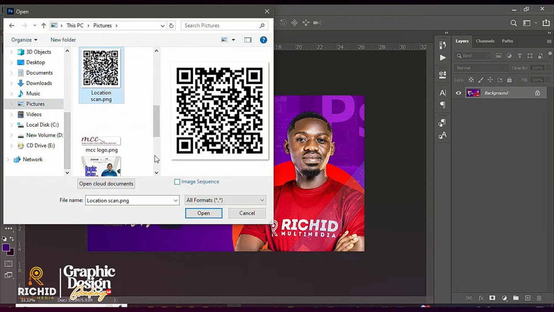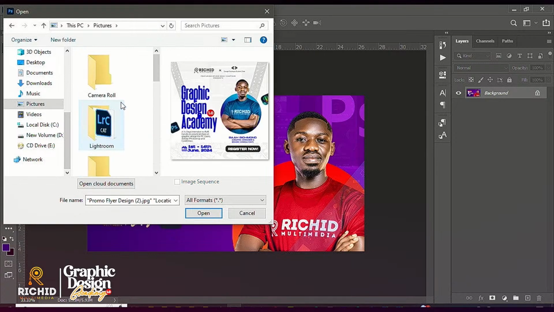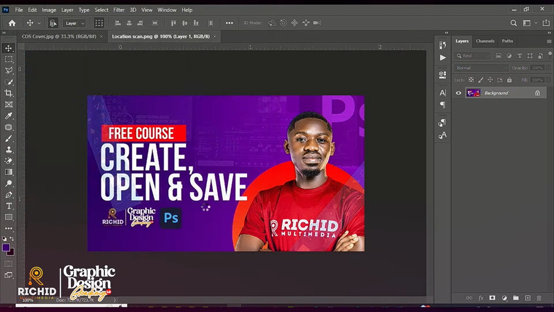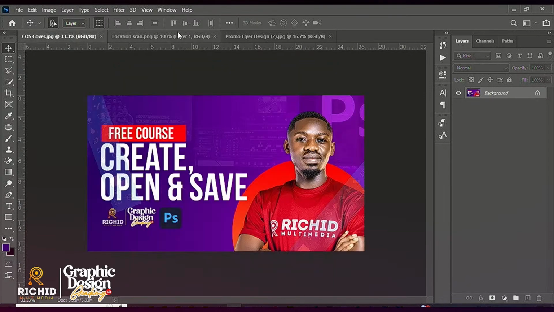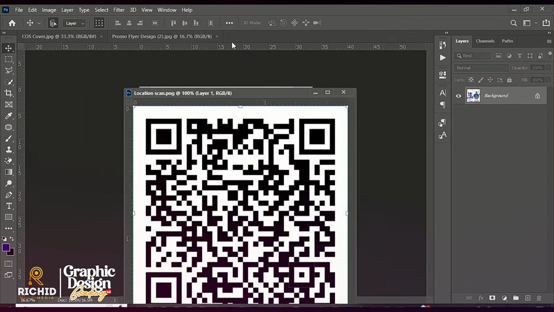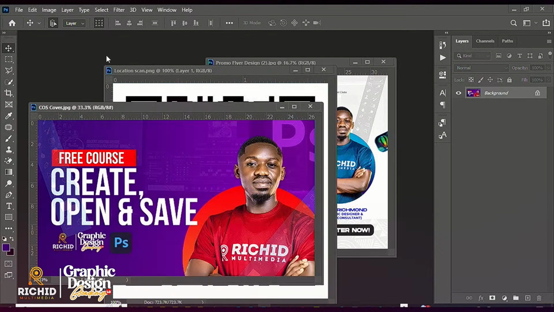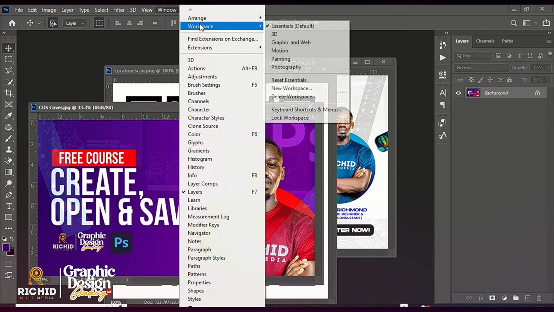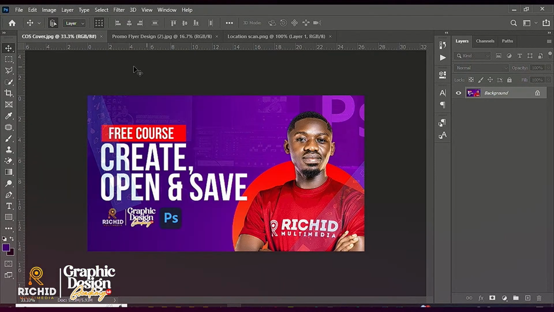I've opened this image. Hold Control key to select more, and open. So when you open it, it will come here on this bar here. That is where the files are going to open. Sometimes you open and everything will be scattered here. So if you want to fix that too, you come to Window, Arrange, Consolidate all tabs to bring the tabs